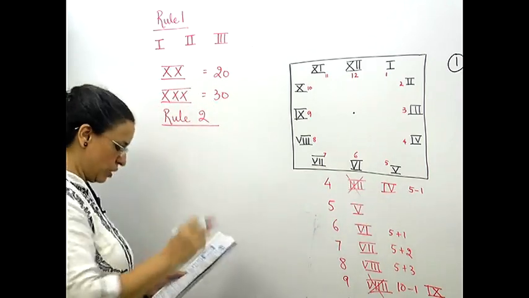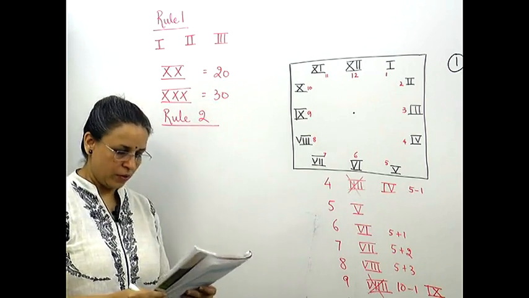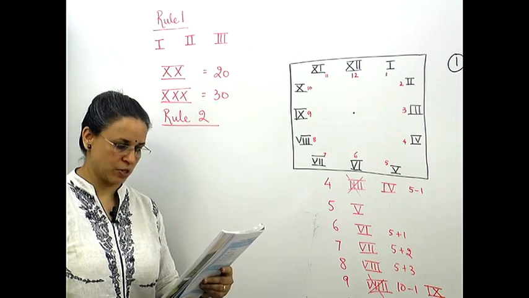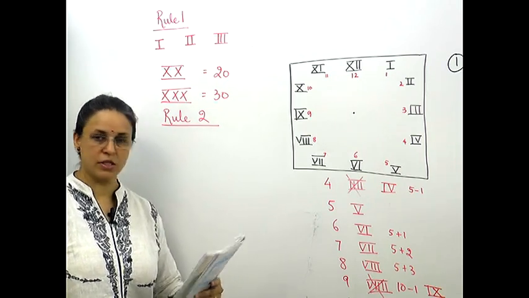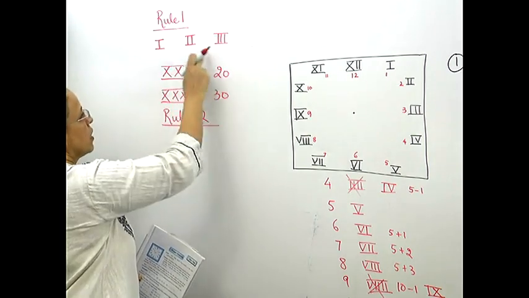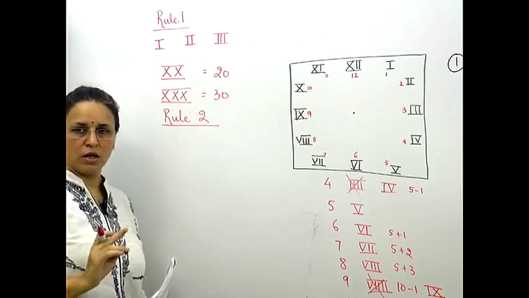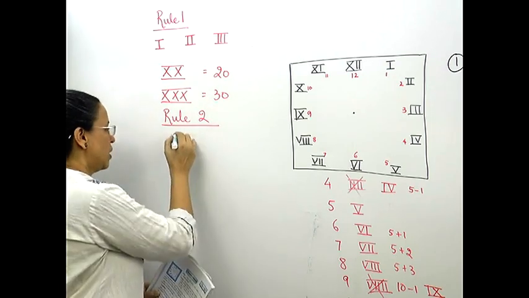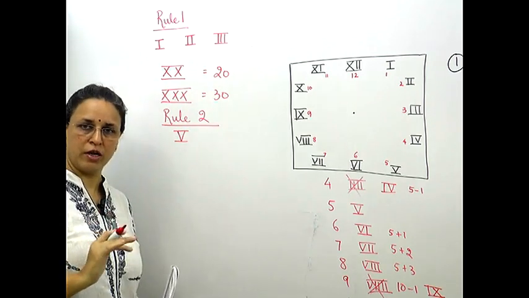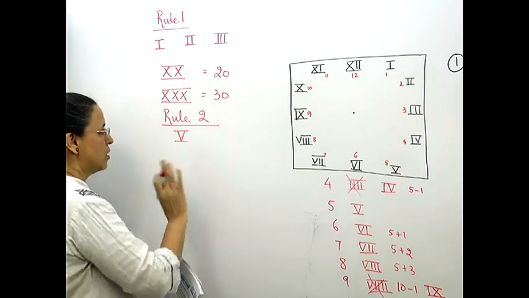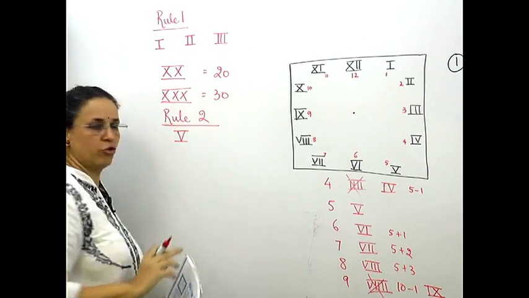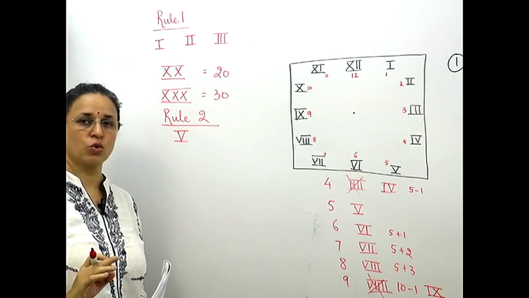Same way, for rule number 2, they have given you that the symbol 1 or 10 can be repeated consecutively for 3 times. The number 5 is never repeated consecutively. यानी 1 और 10 ये 3 बार हम कर सकते हैं. लेकिन नंबर 5 जो है ये एक ही बार लिखा जाता है. अगर आपको 5 + 5 10 लिखना है तो ऐसे 2 बार नहीं लिख सकते. 10 के लिए अलग चिन्ह है. 3 बार 5 लिख के वो 15 नहीं होता है. So that is rule number 2.